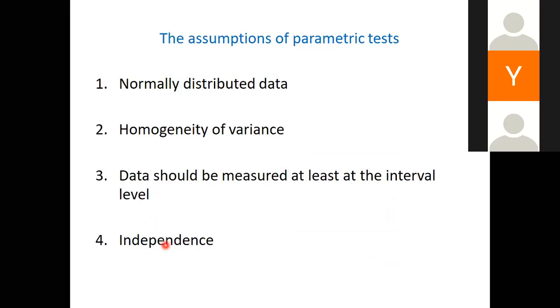I said something. Sometimes there are some tests you carry out. If all these things are not met, t-test and ANOVA are robust tests. A robust test is a test that is still valid when not all the requirements for using parametric tests are met. And that is why this number 4 can be violated in paired t-test. Even sometimes number 3 can be violated, especially when your sample size is very large.